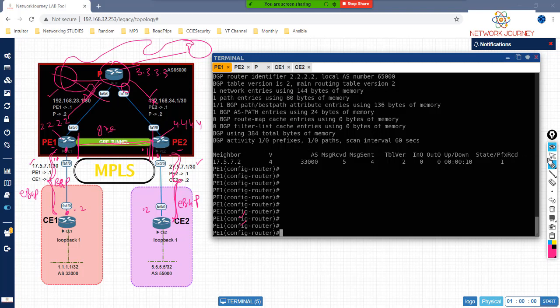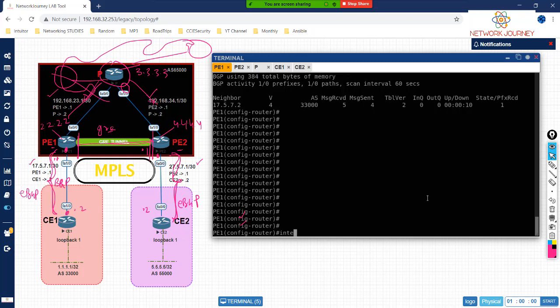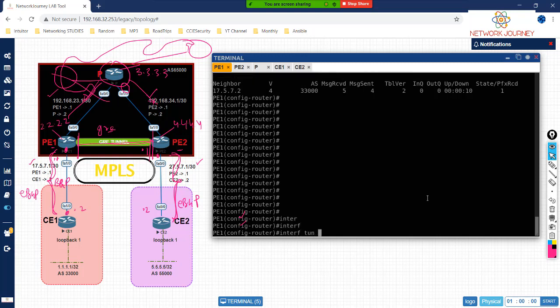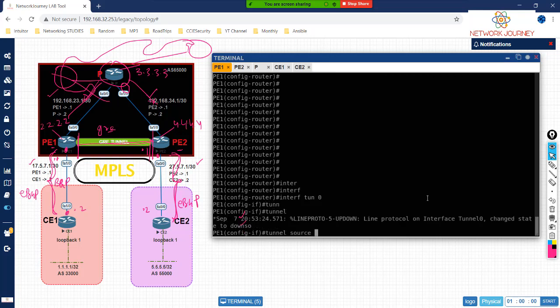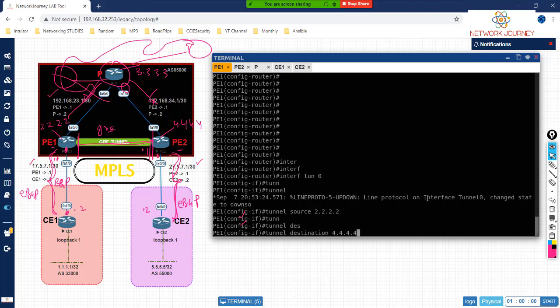We are trying to configure GRE and we are going to test if we can ping from the first customer to the second customer. So let's configure GRE. Interface tunnel 0. Let's give the source to this tunnel, 2.2.2.2, which is the loopback address, and let's define the destination. It's 4.4.4.4. These are the loopback addresses on these routers, if you remember, 2.2.2.2 and 4.4.4.4. So that's what I am trying to do now. I have to mention my